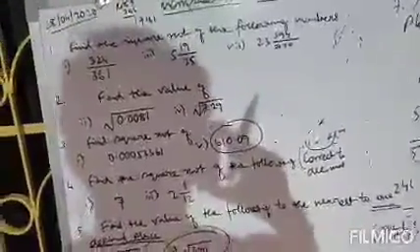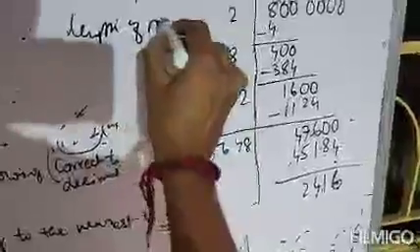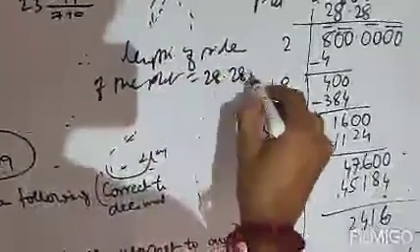Therefore we will take 2 digits after the decimal, because here no restriction is given. The question is not asking for correct to 2 decimal places, or correct to 3 decimal places, or correct to 1 decimal place. Therefore we can take any number of digits after the decimal. My suggestion is to take 2 digits after the decimal if the question is not asking about any decimal. Clear? So your answer is 28.28. You can write that the length of the side of the plot equals 28.28 meters.